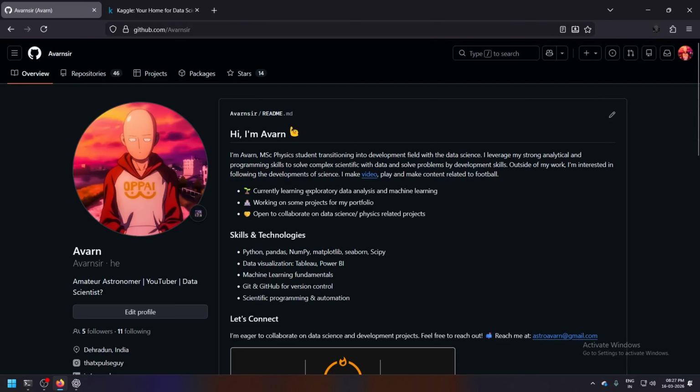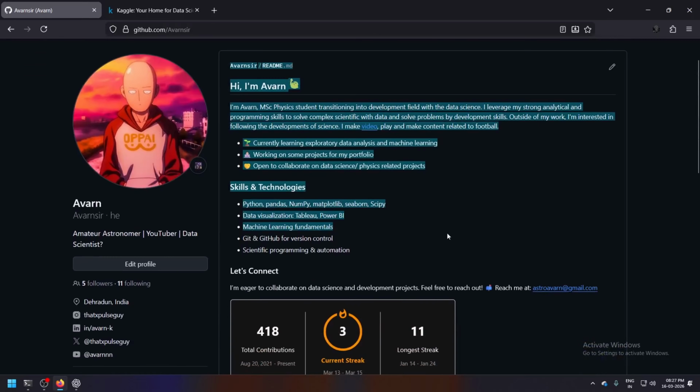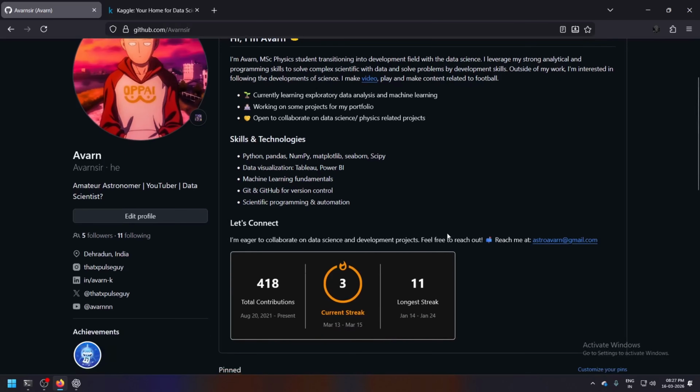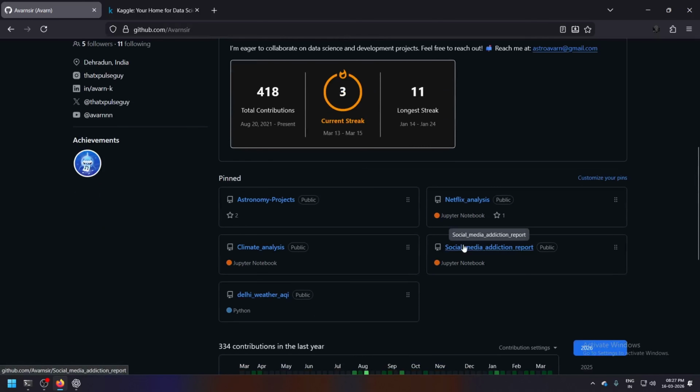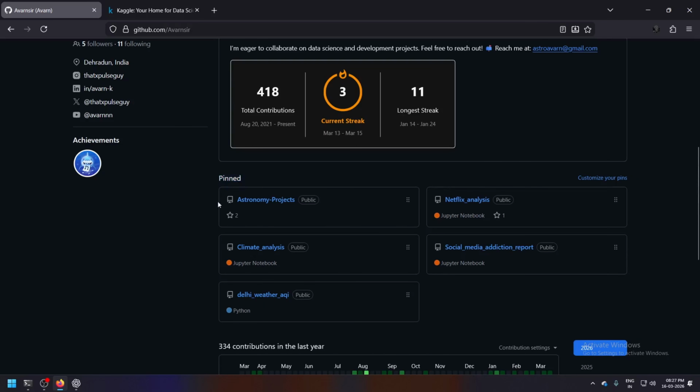If you want something for your portfolio that can be shown, this is my GitHub. Over here you can see a README file that demonstrates your portfolio, and of course this is publicly available, so you can see it and copy things. There are pinned repos over here.